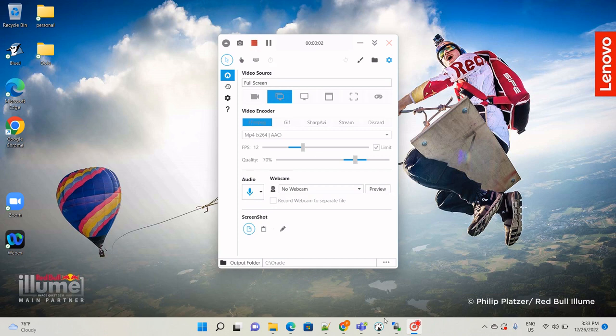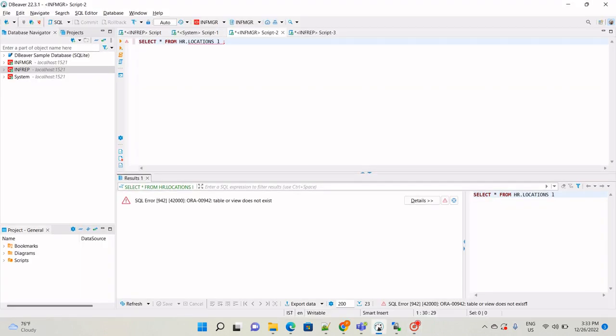In this tutorial, we will see how to provide access to multiple tables in a single shot to a different user in Oracle. Right now I am in the INFMGR user schema. I am trying to access locations from the HR schema, but I am not able to access it. So in order to grant privileges,